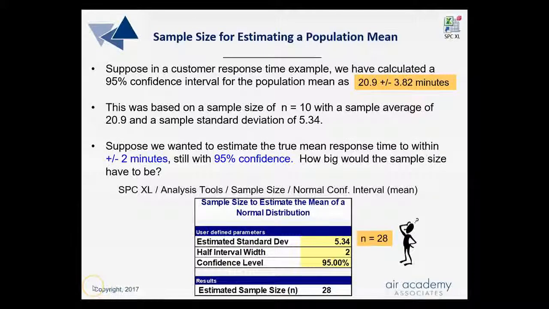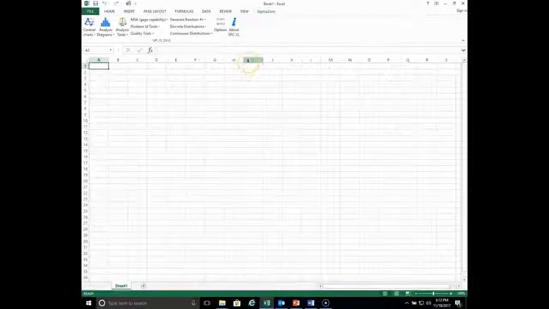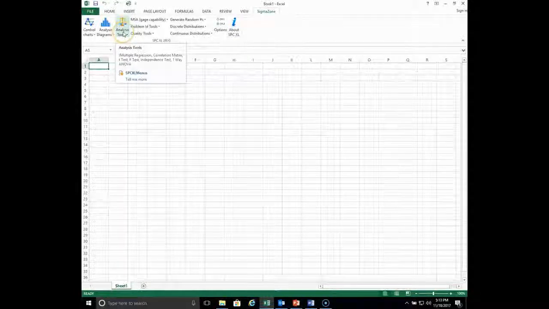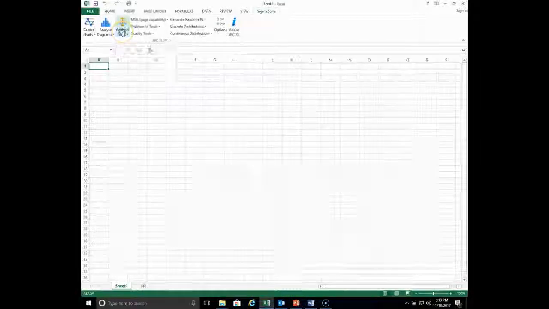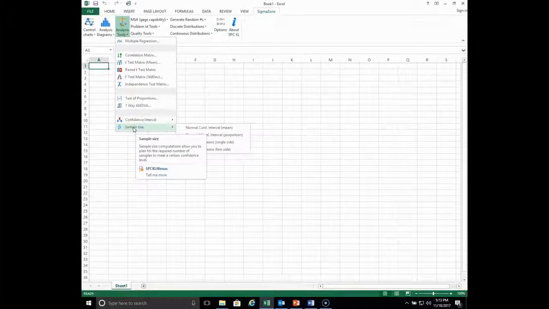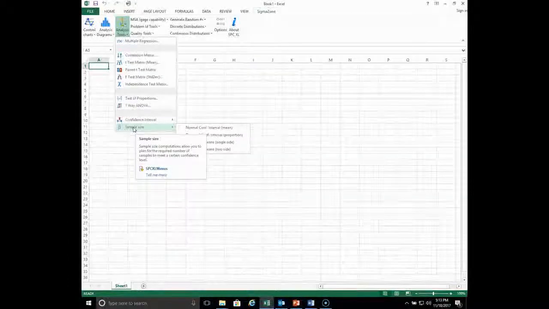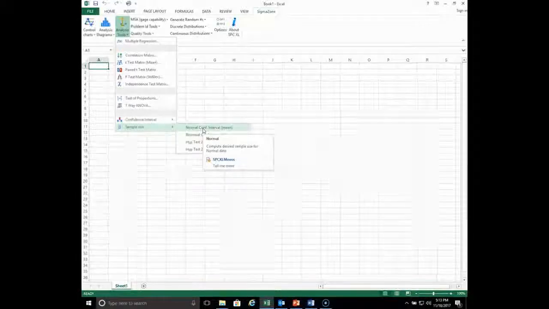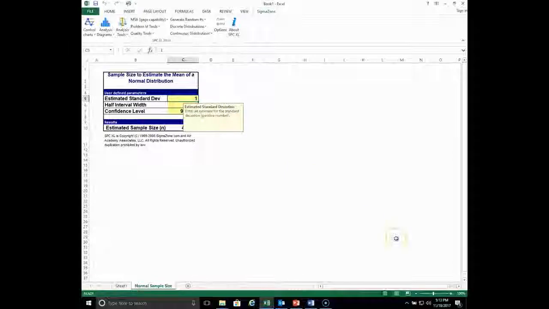So let's go to the software and actually demonstrate this. Now we are in SPC Excel, and where we go to determine sample size is to Analysis Tools, click on that, down to the last menu item here called Sample Size, click on that, and since we're interested in estimating a population mean, we choose the normal confidence interval mean here for that. So click on that and we get this